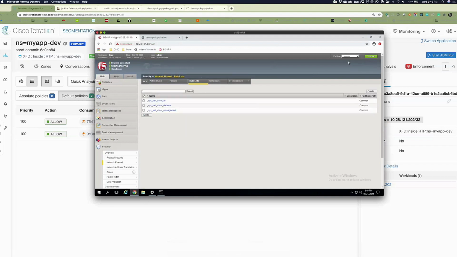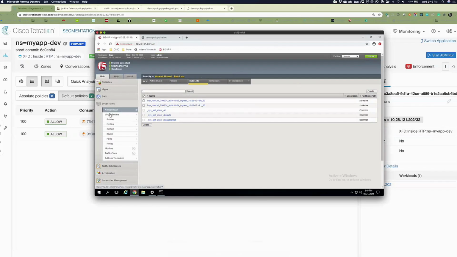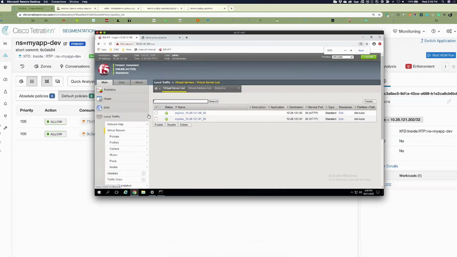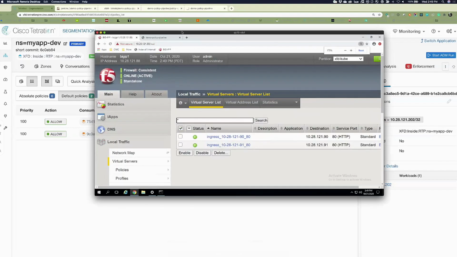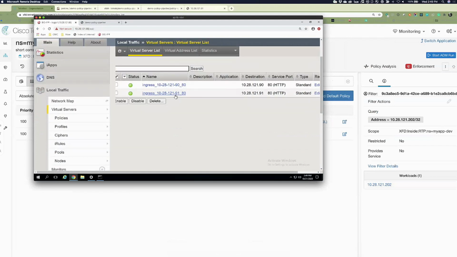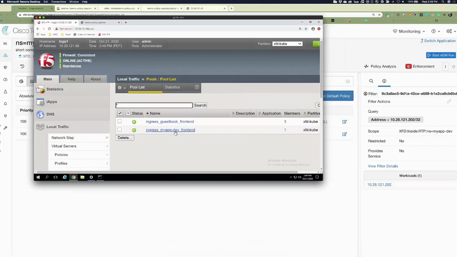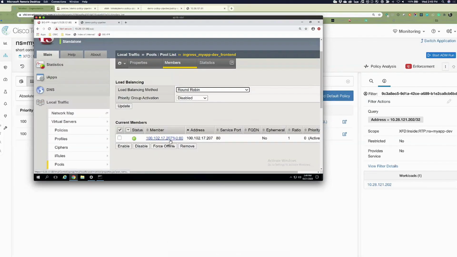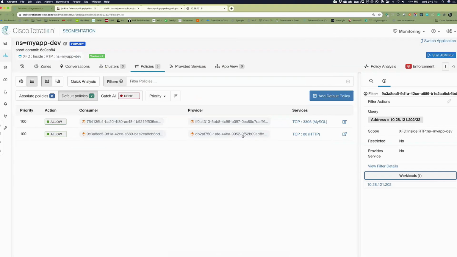So I'm on F5. Now I'm completely outside of the world of Cisco. And I've done a few things here. It's the F5 ingress controller. Let me zoom in a bit. I think that might be a little bit aggressive for the eyes. With this configuration, the ingress is automatically going to assign 91, which is my VIP IP, to a pool here, which is my app front end, and my app front end is running with a single IP, which is 207 now in this environment. So now if I go here,